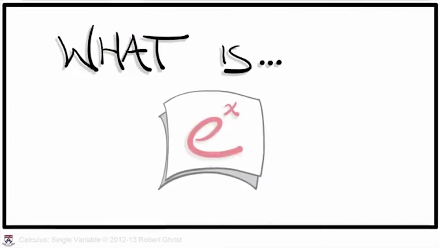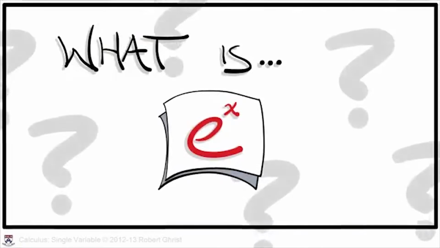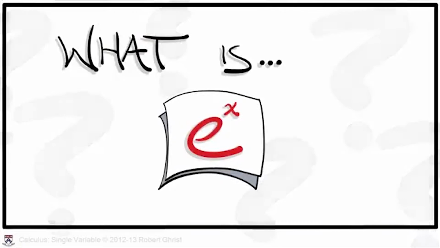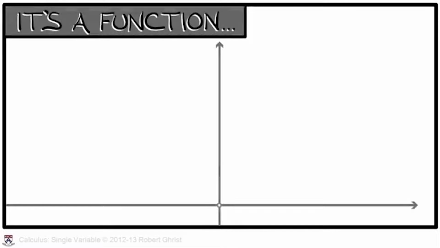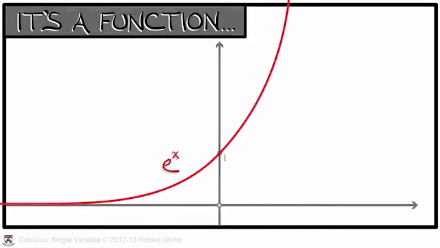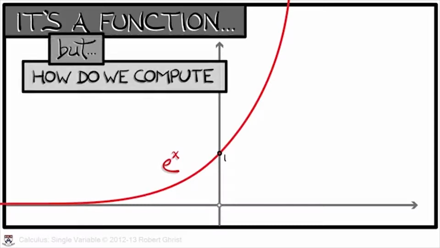basic trigonometric functions. We begin this lecture, and indeed the course, with the question, what is e to the x, the exponential function? Well, of course, it's a function. Hence, we can plot the graph of this function and consider what the output, e to the x, looks like for various inputs, x. But how do we compute some of these outputs, let's say for an irrational input, like